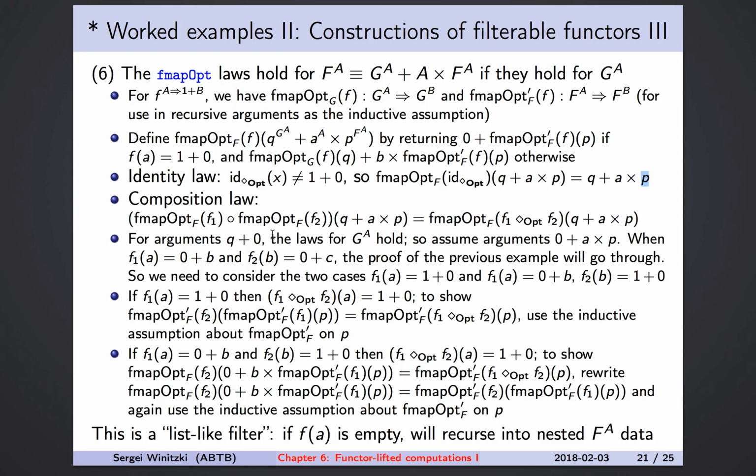The composition law holds in the same way. So we need to show that this holds. Now, if the arguments are in the left, then it's just about the laws for GA, which are holding by assumption. If the arguments are in the right, in here, then we need to look at what's happening. So we have F1 and F2,